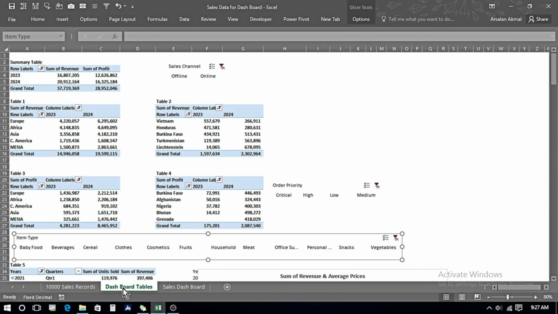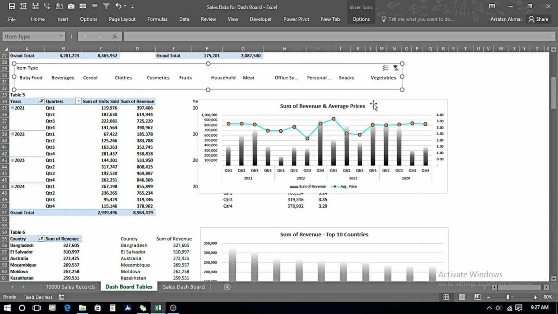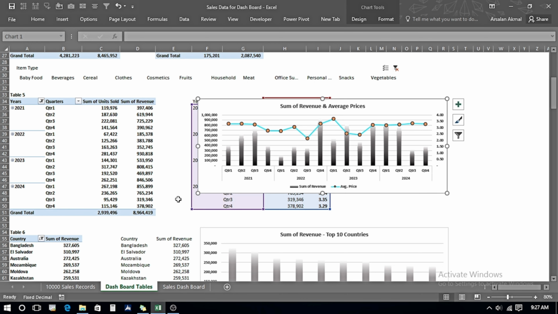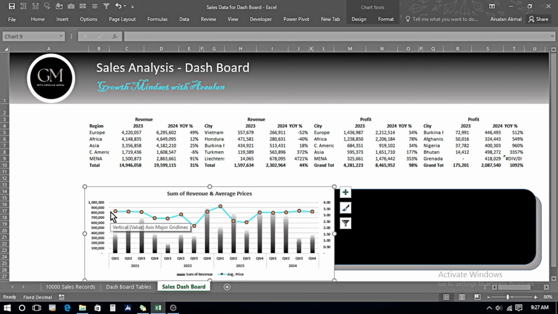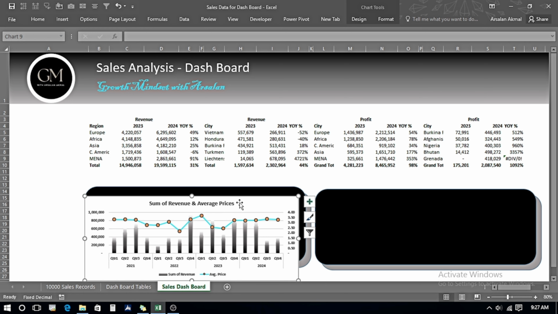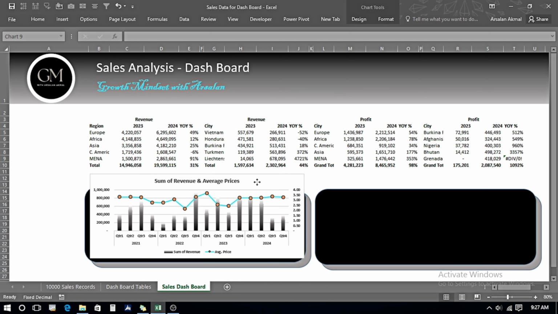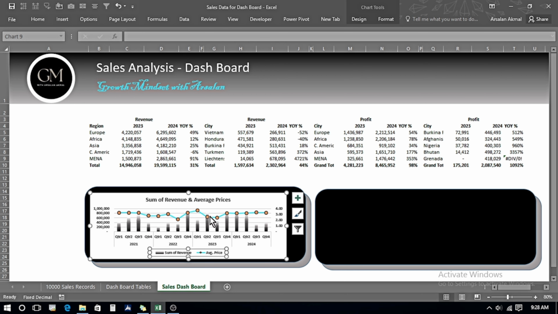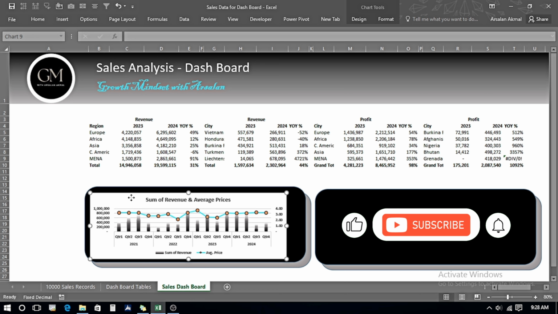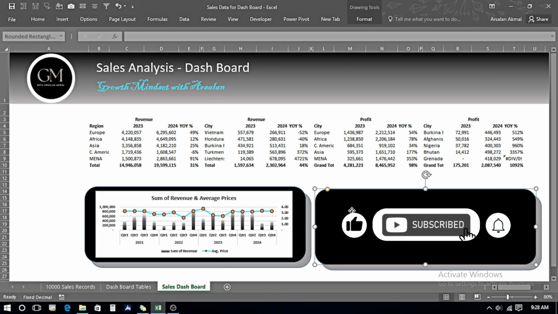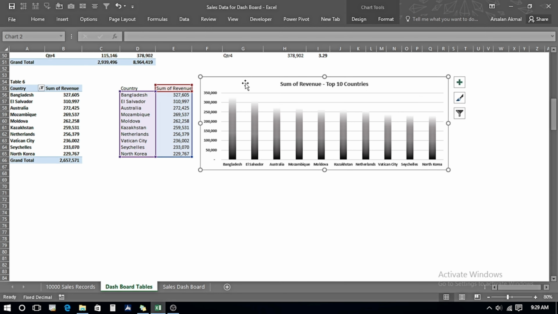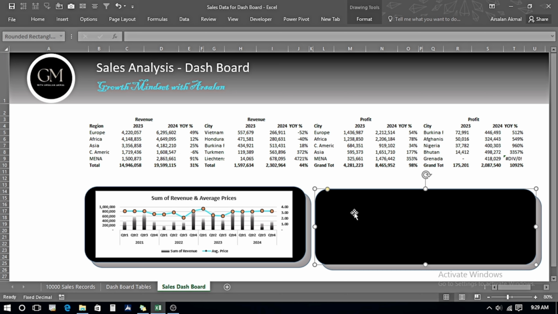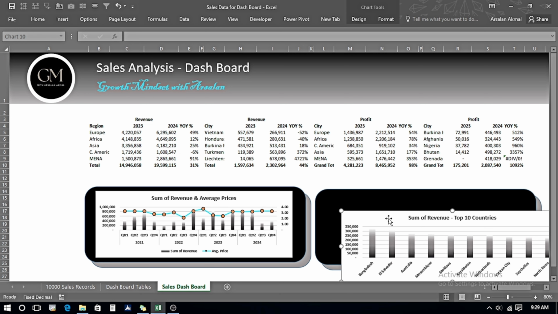I go in dashboard tables once again, and here I can see that I have these two graphs appearing over here. I click over here, press Ctrl C, go in dashboard, click on the text box, press Ctrl V, and resize it a bit to bring it within these text boxes. Now for the second graph, I will repeat the same process. I click on this text box and go in the dashboard table, click over here, press Ctrl C, come back and paste it in this text box, readjusting it a bit.